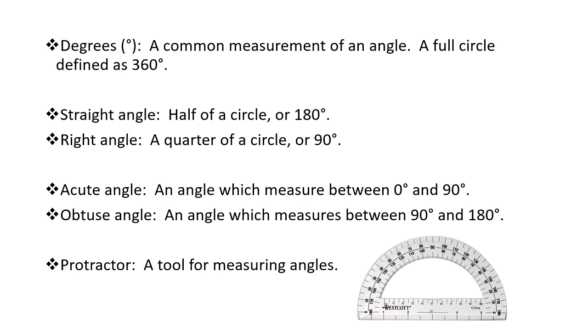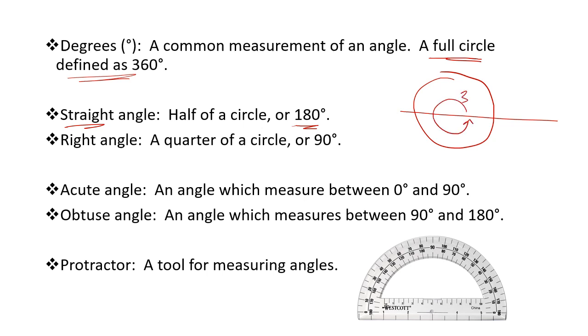And a full circle is defined as being 360 degrees. So if I were to take half of that circle, so here's my full circle, and that's 360 degrees. If I chop that in half, then I get what's called a straight angle, which is 180 degrees. So the full circle was 360. This part is just going to be half. So that's my 180 right there. So this is my 180. Very small.